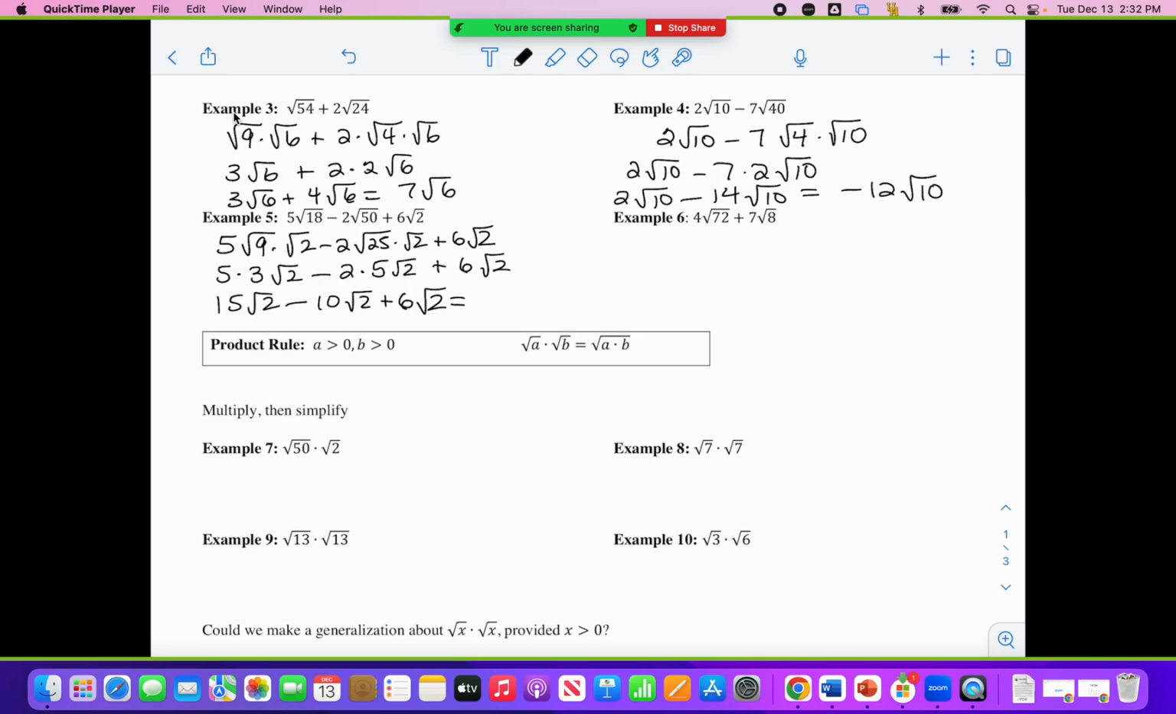So 5 plus 6, that's 11 square root 2. Give me thumbs up. Did we get it? Yes. You guys are rocking the house. All right, in example 6,